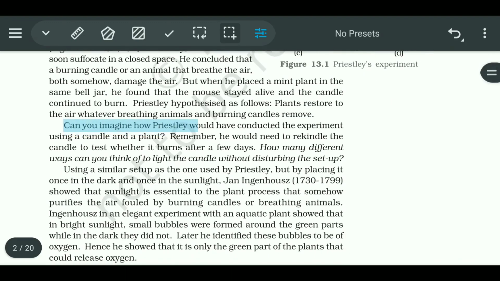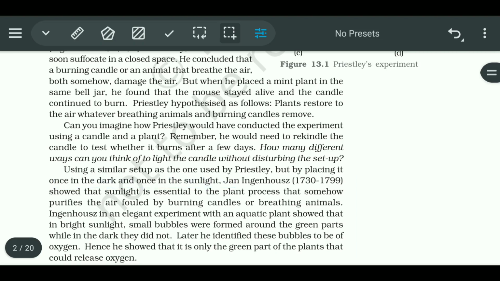Can you imagine how Priestley would have conducted the experiment using a candle and a plant? Remember, he would need to rekindle the candle to test whether it burns after a few days. How many different ways can you think to light up the candle without disturbing the setup? Using a similar setup as the one used by Priestley, but by placing it once in the dark and once in the sunlight,